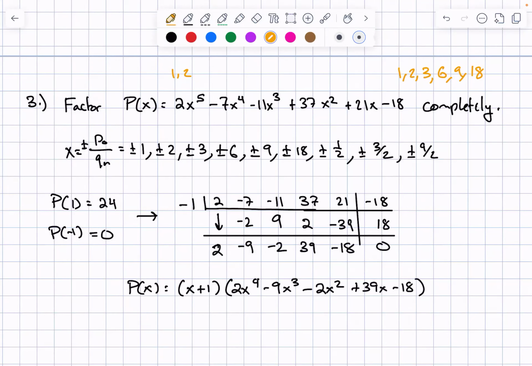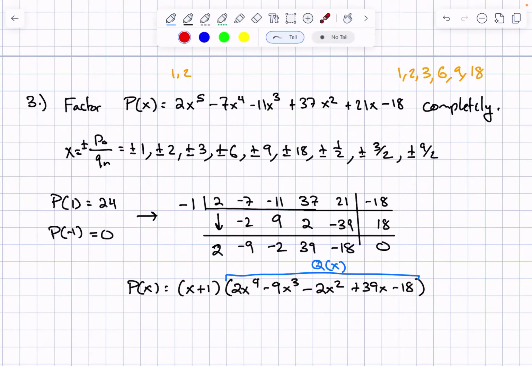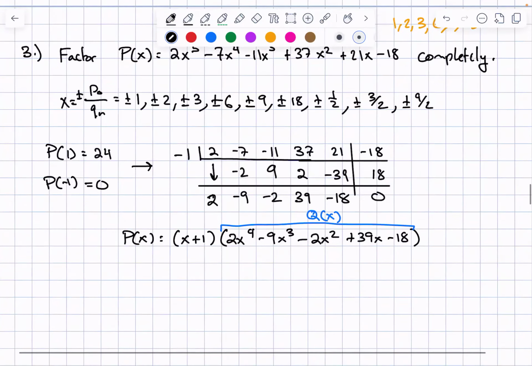And let's just call this new smaller polynomial q of x. And now we're going to do the same thing. Now, good news is the leading coefficient and the constant term are the exact same as before, so these are still the same. So I don't need to rewrite them. And I've already checked p of 1. I've already checked to see if x minus 1 was a factor, and it wasn't. So I'm just going to switch on to q of negative 1,